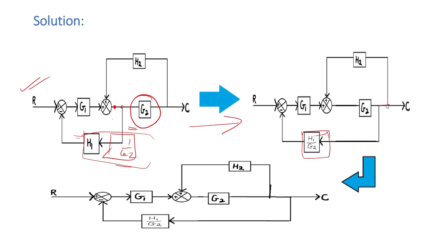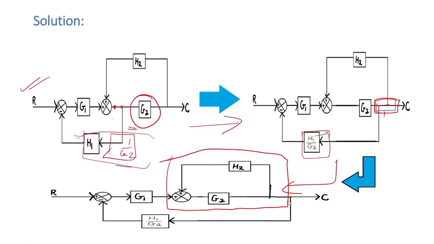And now see, like summing elements, you can interchange the takeoff points also if they are together and nothing is in between them. So after interchanging it, you will get this. So now you can see here that we have this perfect closed loop system. So now we are going to use the formula here. So what's the formula? The formula was G2, the forward path element, upon 1. Here it is plus, which means the feedback is positive. Therefore, we will use a minus sign here and then again G2 into the feedback element, which is H2. So the equivalent block of this closed loop transfer function would be this.